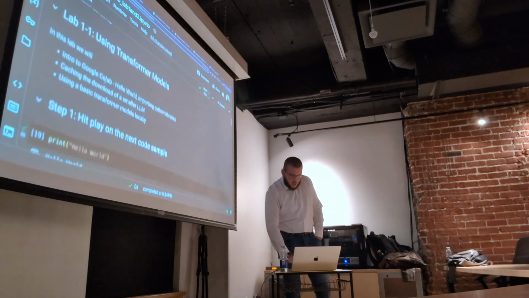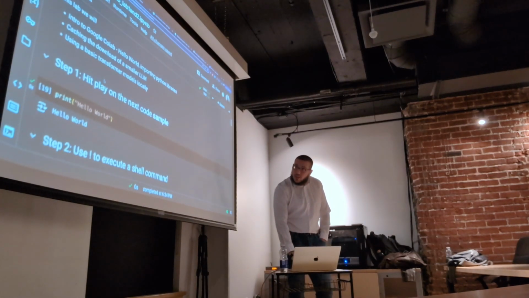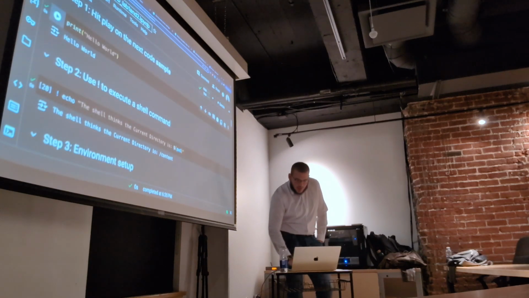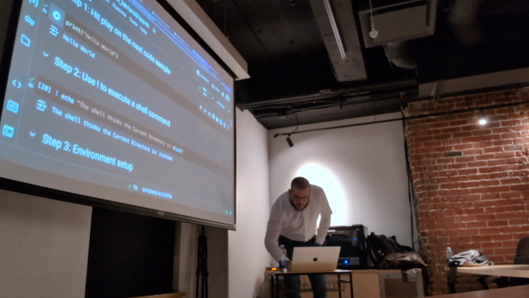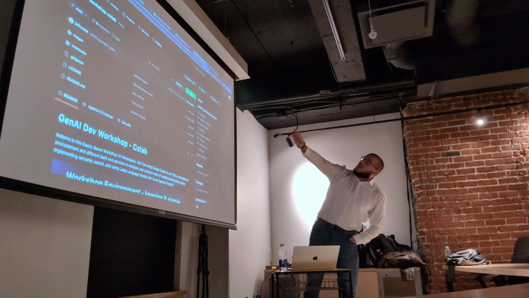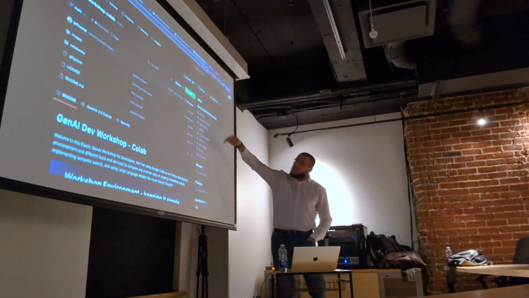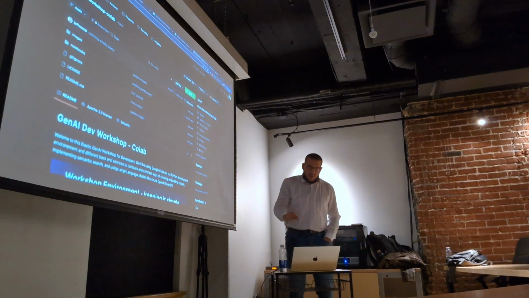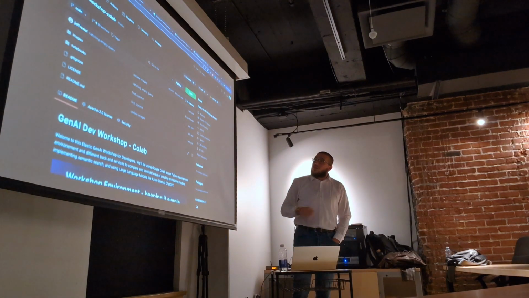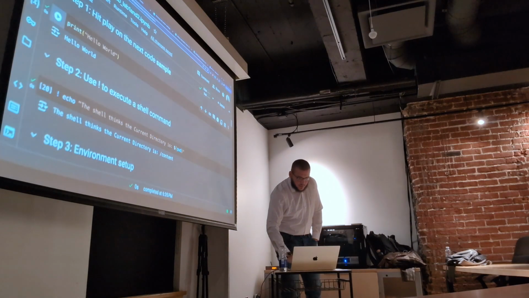What we have here, the first lab, we will first set up our environment. I said I will show you. So the repository is here. If you go to Gen AI Workshop Colab from Elastic, it's available. This is the license. You can use it locally. There are a few changes I made to run it on your local Colab or on your account. But this is mainly the code.